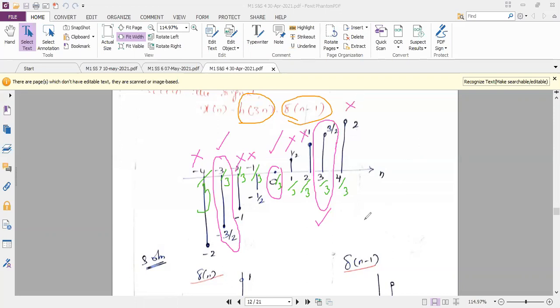So now, eliminating everything, I will draw my final signal of h of 3n. As per the diagram, I should have minus 1, since minus 3 by 3 is minus 1. And as per the tick mark, the next n value is 0, and at the right hand side, my next n value is plus 1. So now I can complete the diagram. At minus 1, what is the amplitude? It is minus 3 by 2. Similarly, at plus 1, it is plus 3 by 2. So this is my h of 3n diagram.